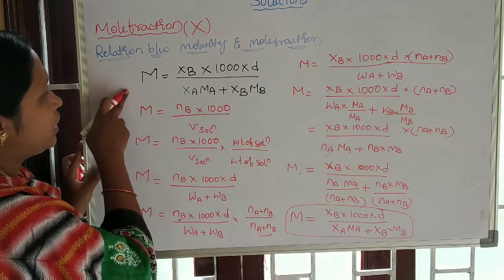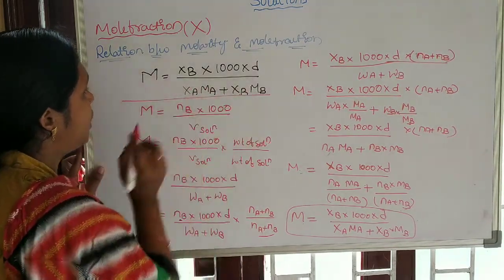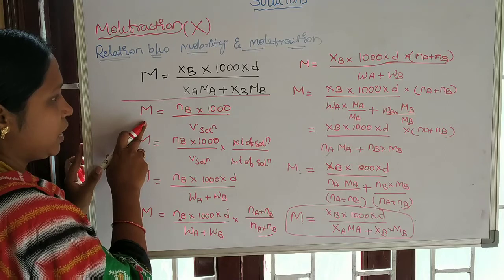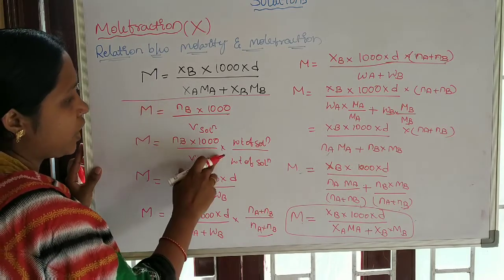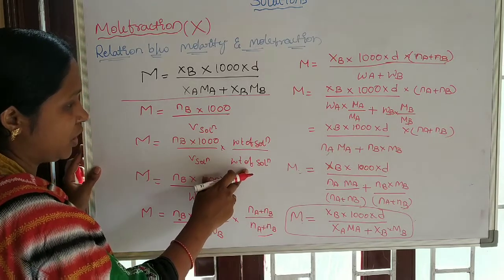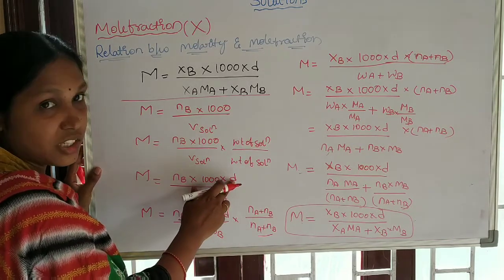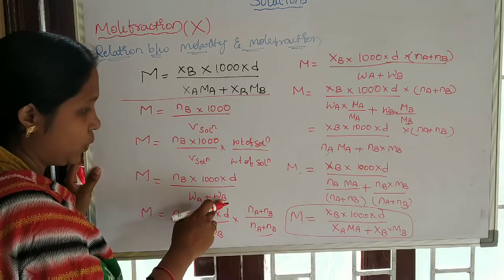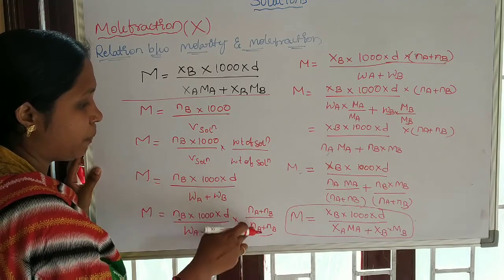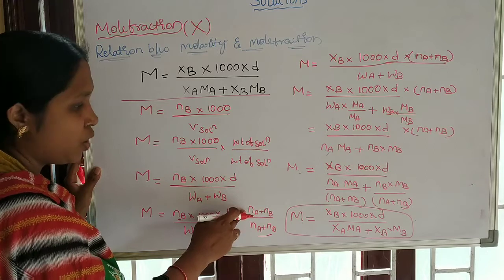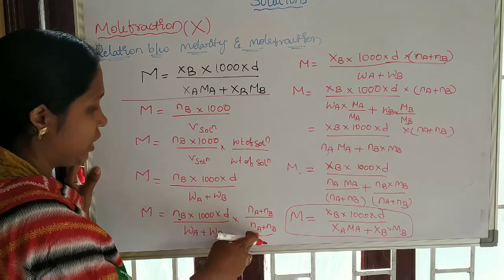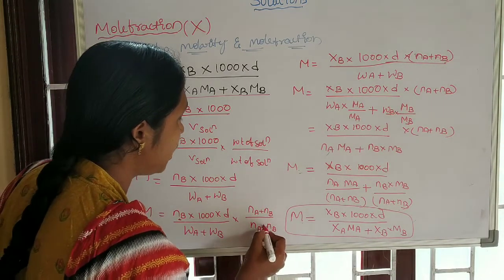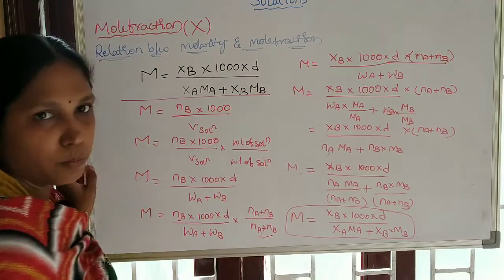Okay. See here, taking a first derivation for the relation between molarity and mole fraction. Taking molarity in terms of number of moles. After the equation, multiply and divide by the weight of a solution. Weight of a solution by volume of a solution is density, and weight of a solution is the sum of the weight of a solvent and weight of a solute. After that, the RHS is multiplied and divided by the sum of the number of moles of solute and solvent. After that, Nb by Na plus Nb is nothing but the mole fraction of solute.